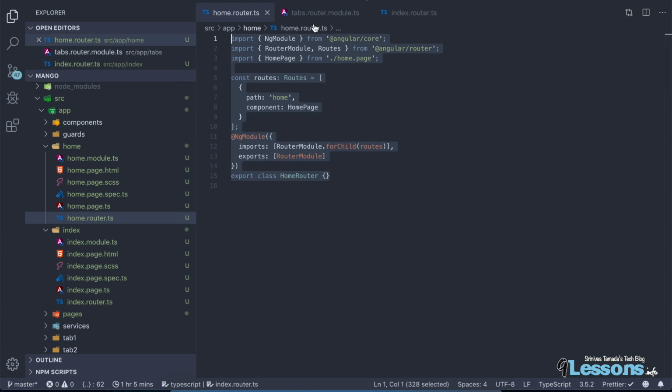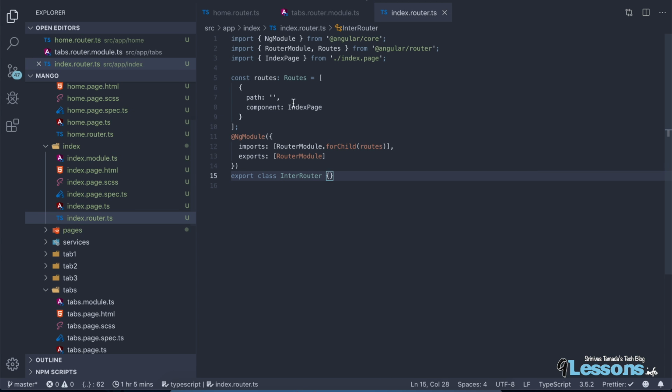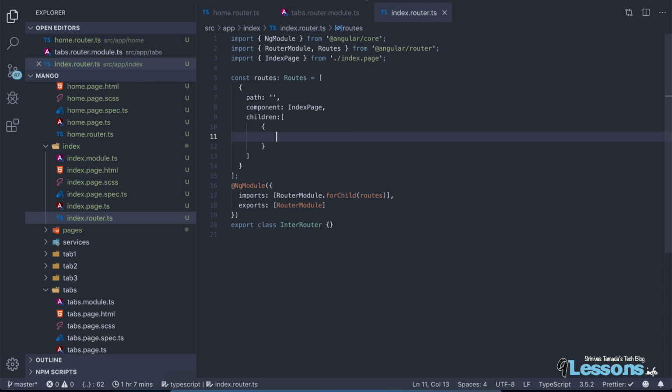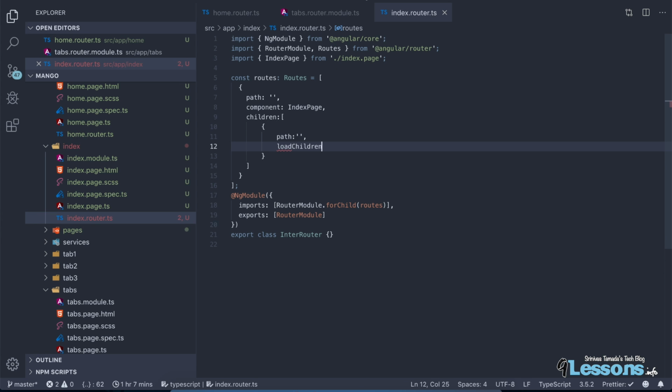If you look at that, this is pretty simple and straightforward. All authenticated pages come under home slash, but for unauthenticated pages, you can directly access login, welcome, and sign up. Now I'm going to construct all the unauthenticated pages here, like welcome, login, and sign up. For that you need to use the children. So under this we're going to import all the pages, like path. By default for the welcome page I'm not giving anything because the default page is the welcome page, and then it's a loadChildren function,